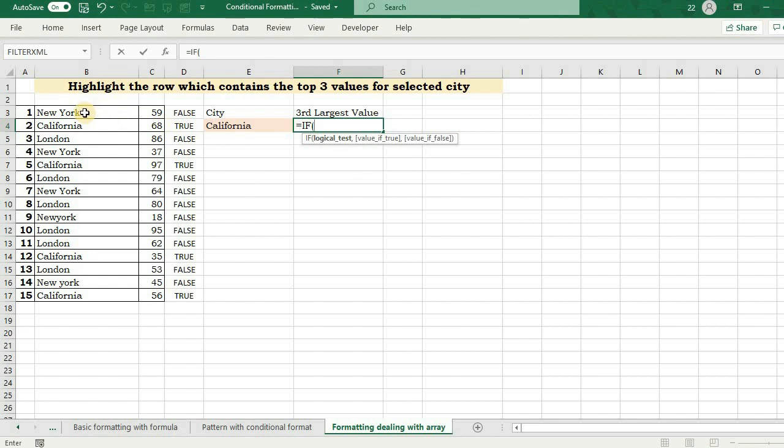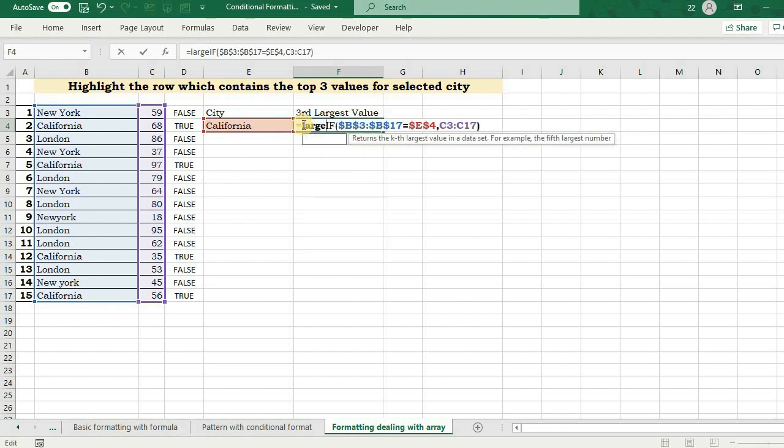If this is equal to the one that has been given, if that is so, then filter these values. Okay, fine. Now that it is filtered, I will wrap it inside the LARGE function and I will find the third one.